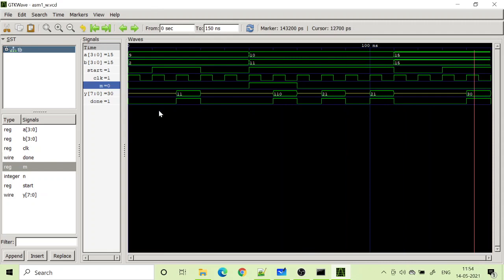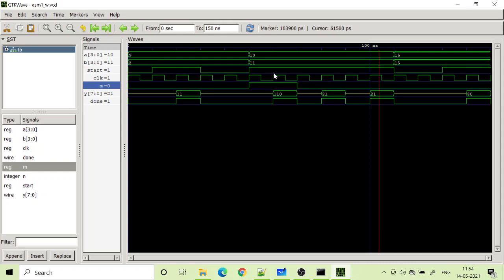So this is what I wanted. My specification of the block was something like this. If I give 9 2 and give the mode input 0, then after some time my output is generated, and for one clock cycle the output will be displayed, and whenever the output is displayed I will show my done high, and then again I change the input. Depending upon the mode, m is 1 means I have the multiplication output, m is 0 means I have the addition output, and that will be repeated if my start is high.